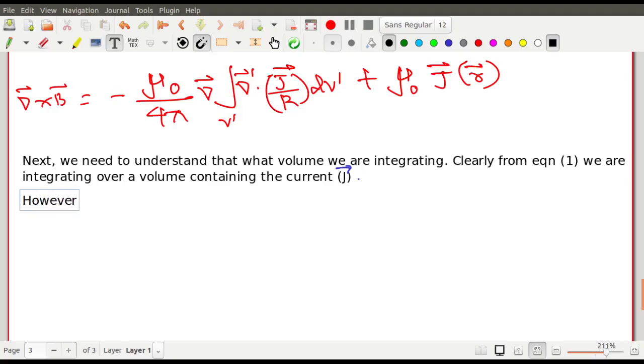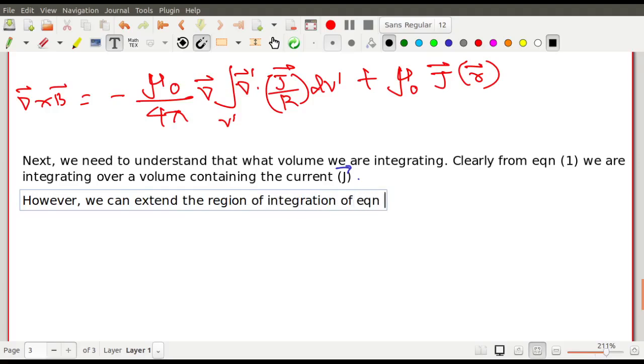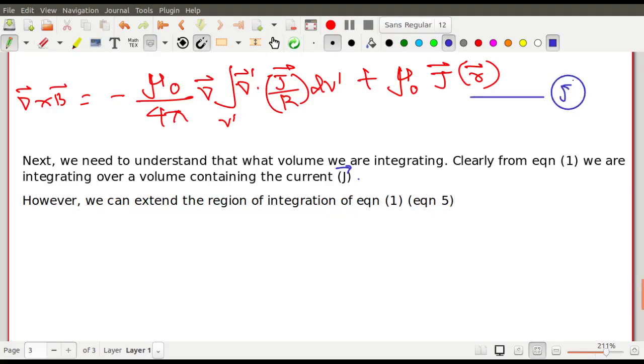However, we can extend the region of integration of equation 1. However we can extend the region of integration of equation 1, ব্র্যাকেটে লিখছি equation 5. Equation 5 is something which is developed from equation 1 only, এটা equation 5, right? However we can extend the region of integration of equation 5, within bracket I write equation 1. কেন এটা করতে পারি? Why can I do so? Because